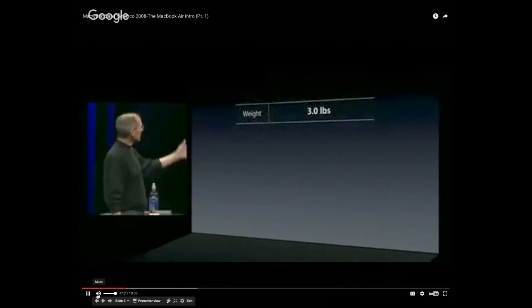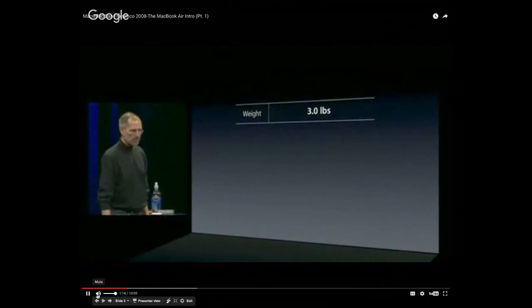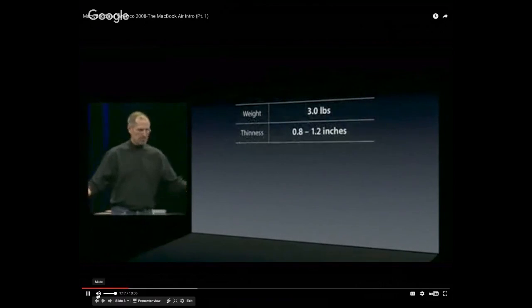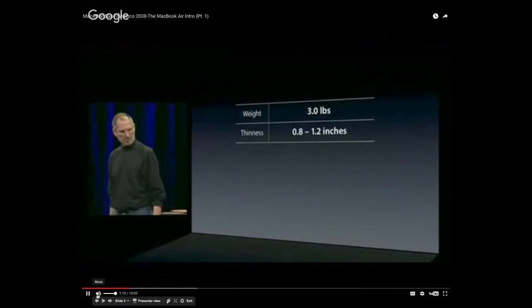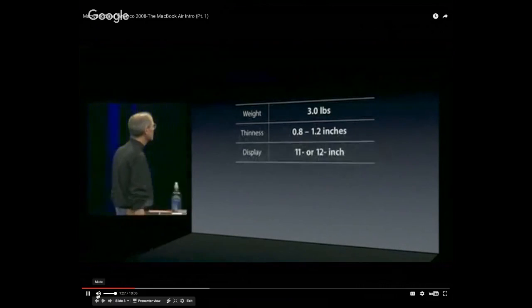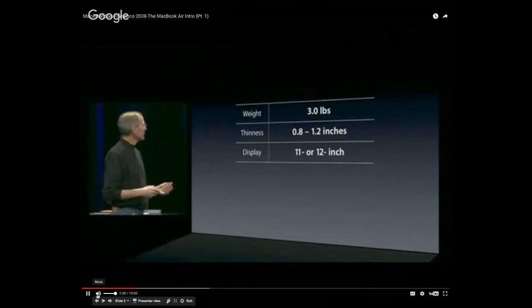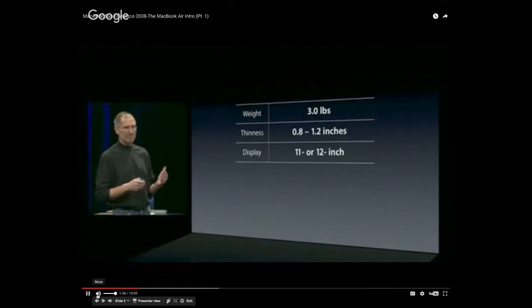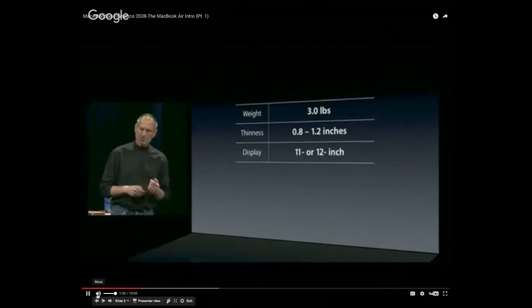And, you know, they generally weigh about 3 pounds. In the Sony's case, they're about 0.8 inches to 1.2 inches thin. They're wedge shaped. It's quite representative. They compromise, though, to get the weight down on things like the display. They have an 11 or 12-inch display, most of them an 11.